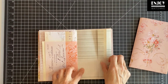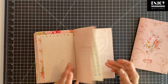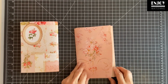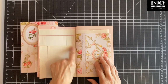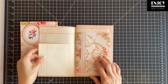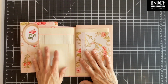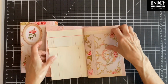I didn't want to cut off the beautiful ledger paper, so I just want to show you the two signatures I made. This is also a beautiful digital. Here I chose empty. I have to choose what I want to do with this. If I just want to make a pocket, I was thinking maybe like this, and like a secret writing space, and you have a pocket, so I didn't want to cut it off, but it's empty, old